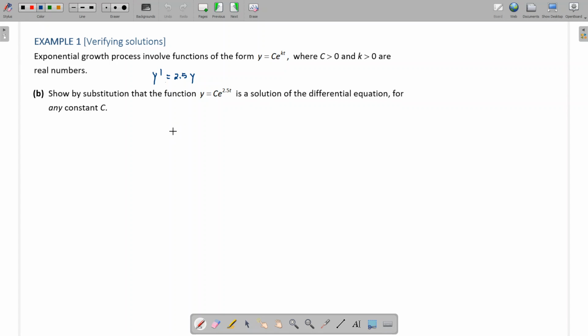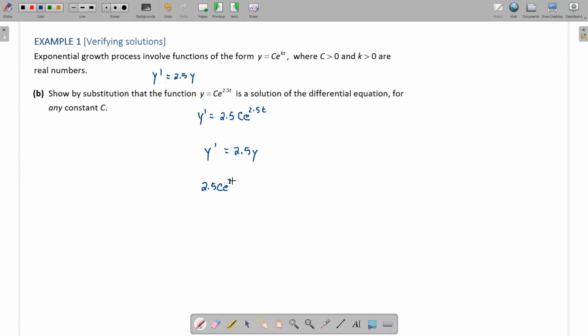Okay, so we're just going to do the exact same process that we did before. We need to do the derivative of this. It's going to work the same way again. The derivative of this is itself, but we have to multiply, using chain rule, by the derivative of the exponent, which would just be 2.5. So we have 2.5c e to the 2.5t. That is the derivative of this function. Now we just plug it all in to this and see if we get the left-hand side being equal to the right-hand side. So this would be placed here,